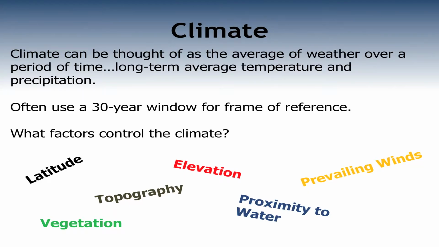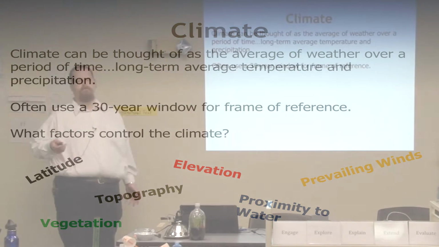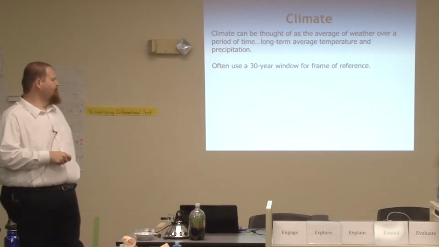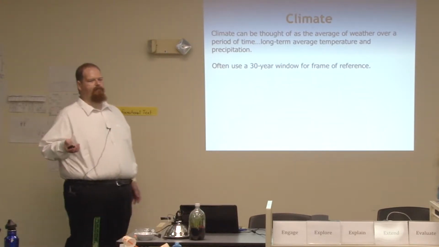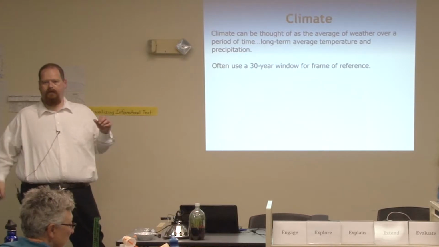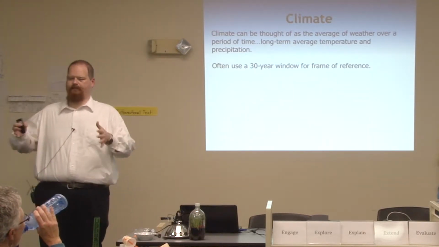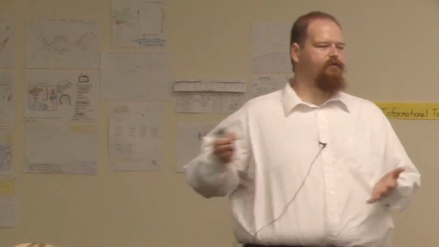All right, so we're going to jump now to the topic of climate. Related, but different, right? So climate can be thought of as the average weather over a period of time. And this period of time is an important concept because depending on the length of time, you get a different answer, right? So it's this long-term average of temperature, precipitation, the average weather conditions over a particular area. And we use a 30-year window. When you hear our normal high temperature today is, say, 80 degrees, that's the average temperature from 1981 to 2010. That's our current normal window.